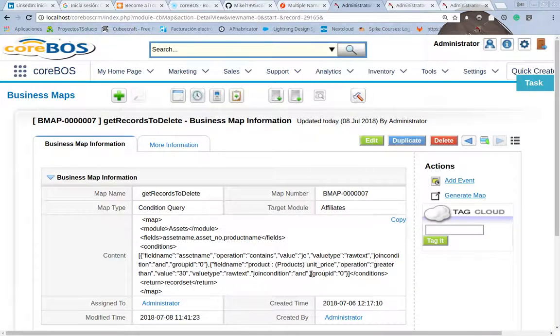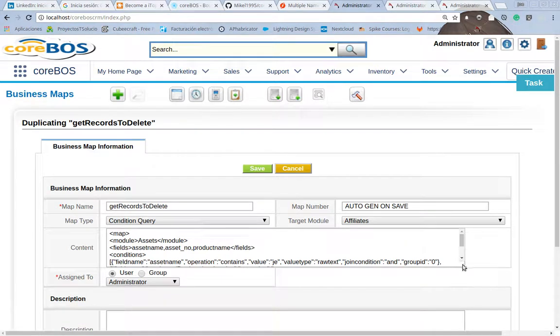Besides, Edmund is working on, and has already created, a very powerful business map generator, which we can enhance easily to make this even easier to create. So it's a nice clean way of not dedicating too many resources to this and solving it elegantly. And besides, even if that weren't enough, we can actually, let's duplicate this, and a condition query can even